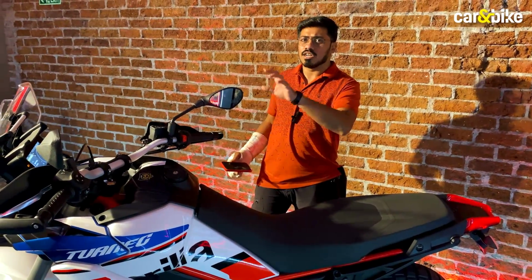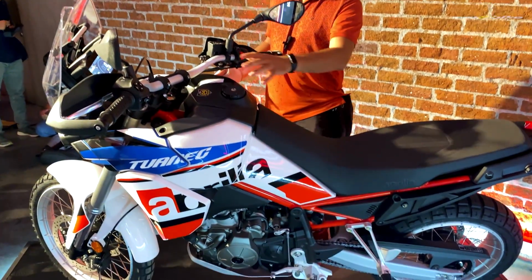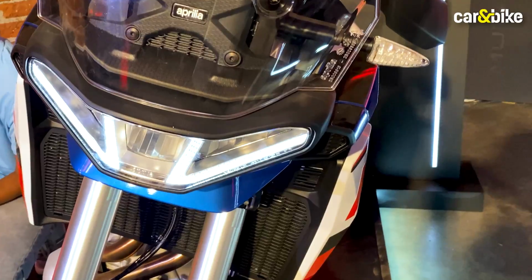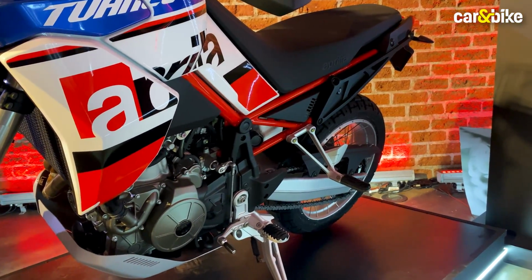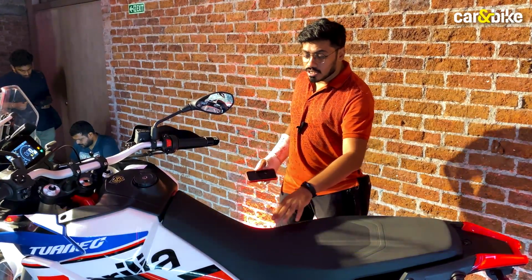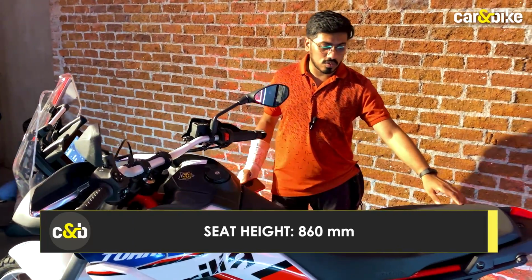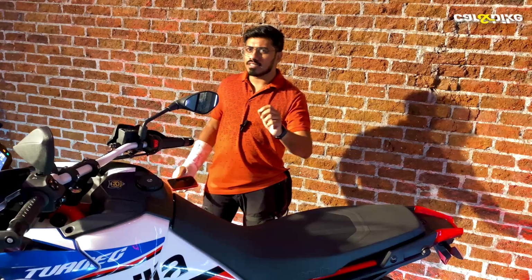Yes, it has the look and feel of an adventure motorcycle, but along with that, it is quite striking. It's got a very unique headlamp, and it's got the very tall stance of an adventure motorcycle. You get a big 18-liter fuel tank, and the seat height on this motorcycle is 860 mm. You have a long and slim seat, but the seat at 860 mm is going to be a bit difficult